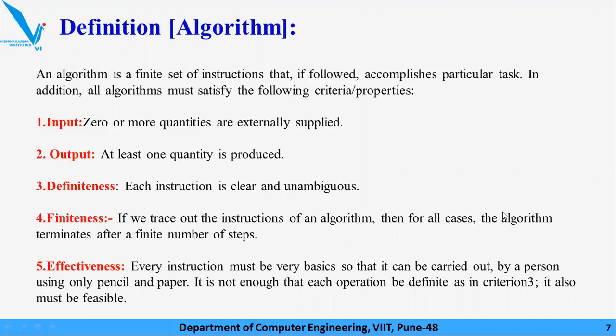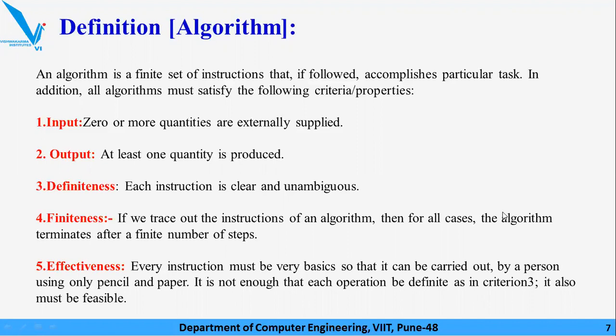Second, take sugar, water, milk, and tea powder. Third, pour water in your saucepan, then add milk, then add sugar and tea powder. Fourth step can be: boil your tea. Fifth is: pour into a cup. So these are the instructions for the preparation of tea, and this can be an algorithm for the preparation of